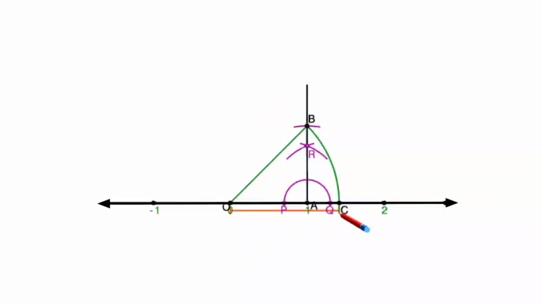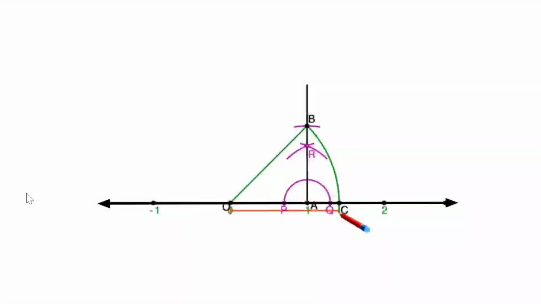Till root 2, the same steps are to be taken up. OC is representing root 2. Till here, the process is the same. Now, what I do is, I need to draw a perpendicular. I need to construct a right angle triangle with one side as root 2 units and one side as 1 unit. So I can take this as the base also and make the triangle. Instead of drawing the perpendicular in the previous case, here I can make the perpendicular also. So at C point, I'll be constructing the perpendicular.